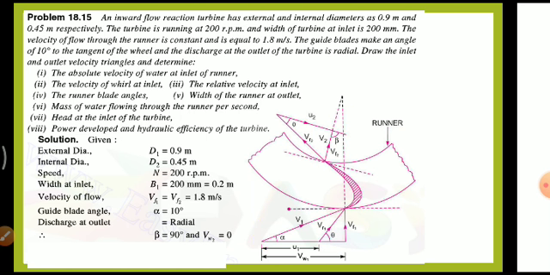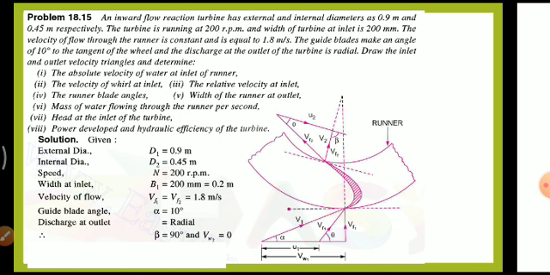So it is mentioned the blade makes an angle of 10 degrees to the tangent of the wheel, and the discharge at the outlet of the turbine is radial. Water leaving radially means beta is equal to 90 degrees. So automatically 10 degrees will be the value of alpha. It is given alpha equal to 10 degrees and beta equal to 90 degrees. If beta equals 90, we can directly write that our velocity triangle won't have any Vw2 component. That is, beta equal to 90, Vw2 is 0, discharge radial. Draw the velocity triangle. So we have to draw this diagram, the inlet and outlet velocity triangles.